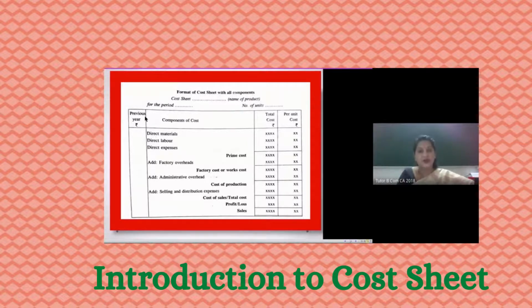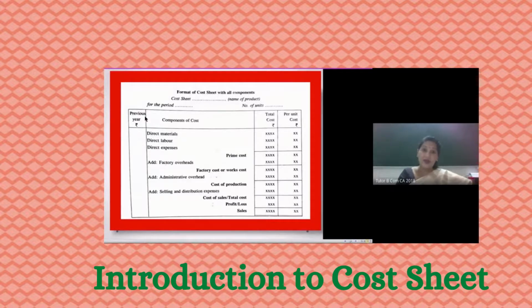And to the cost of production, we will add all other expenses that will be incurred by the firm for making the product or service available to the end customers. That is what we call selling and distribution expenses. Once we add that to the cost of production, we will get total cost. If we have total cost, it will be very easy for us to find our cost per unit of production. How do we do that? Total cost divided by number of units produced. Right, so we will have the total cost.